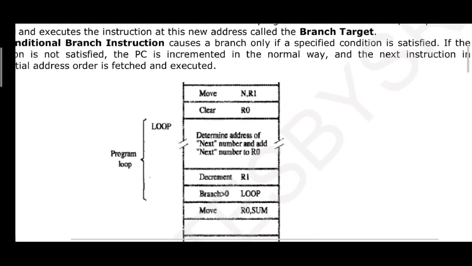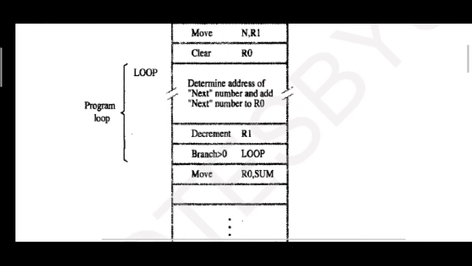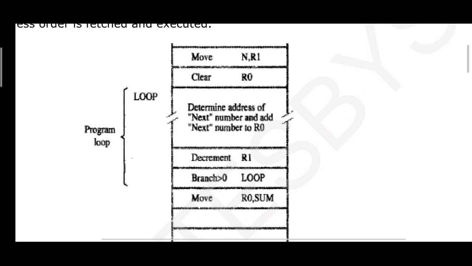So here is the set of instructions, which is also mentioned inside the memory hierarchy, for your better understanding. So first we are creating the counter. The counter is R1 here. Let n be a location which holds the number of entries, how many numbers you want to add. That entry should be placed in the counter register, say R1.